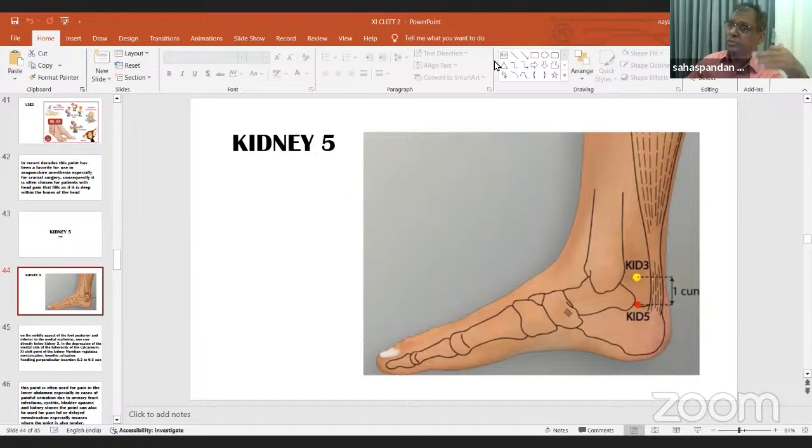If there is uterus prolapse, there are other factors also, spleen qi sinking, along with this point, Kidney 5. You can manage the uterus prolapse. Also difficult urination, amenorrhea, painful menstruation,